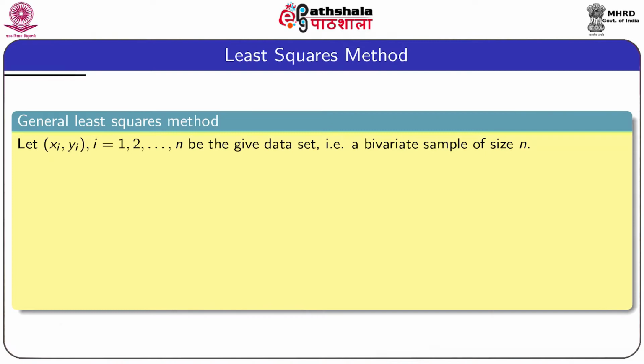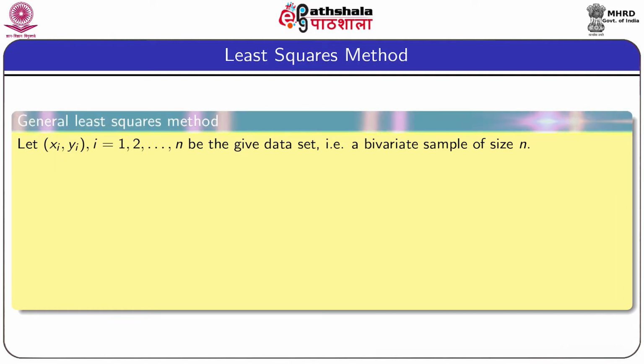In this module, we shall consider another approach to fit parabolic and non-parabolic curves. But there is no guarantee that the fitted curve must pass through the given sample points. But the errors, or the sum of square of residuals, must be minimum for the fitted curves. First we consider the general least squares method.